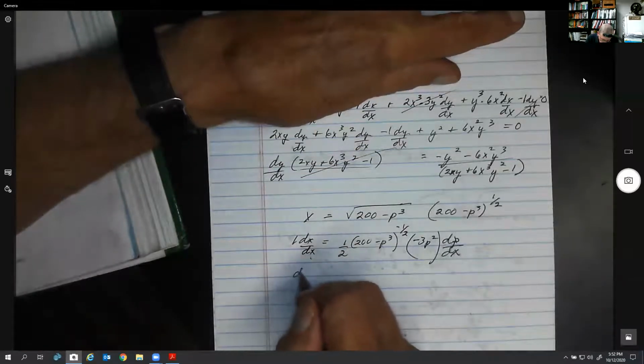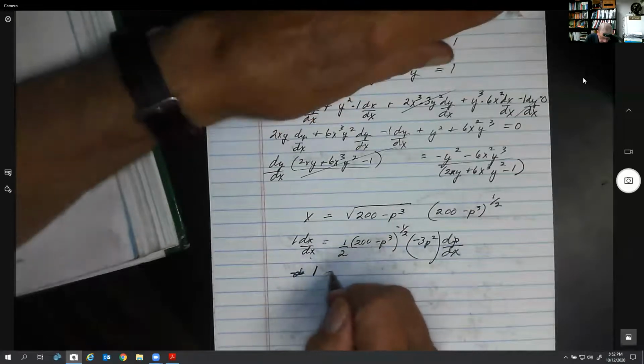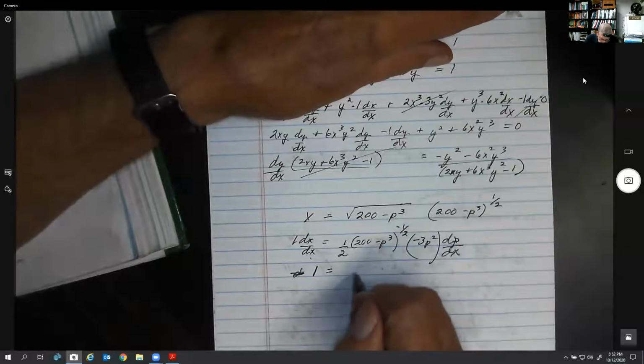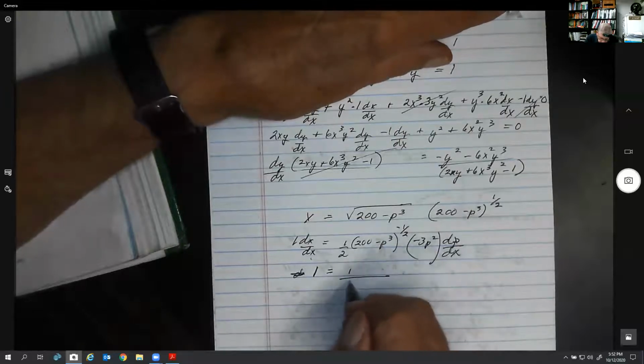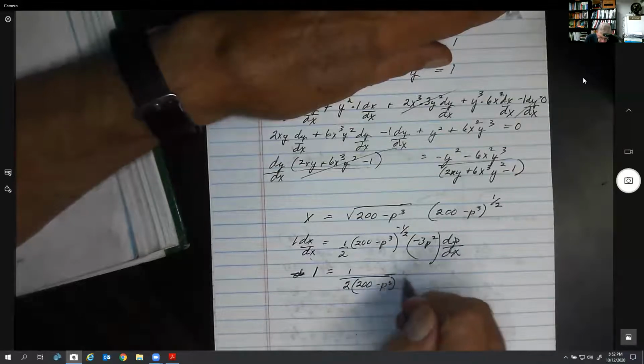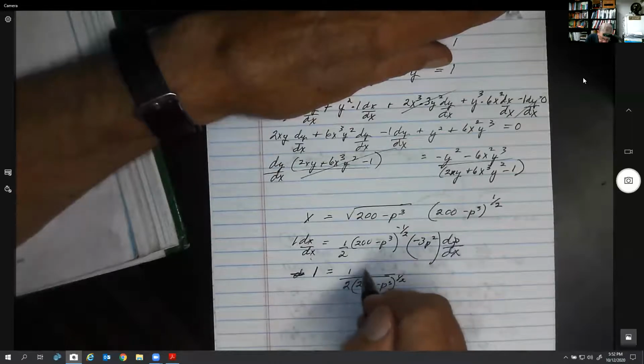So dy over dx would say this would be just 1 equals, let's pull this down to the bottom. This would be 200 minus p cubed to the 1/2 power. And then this would be negative, I guess I don't need a 1, negative 3p squared on top,